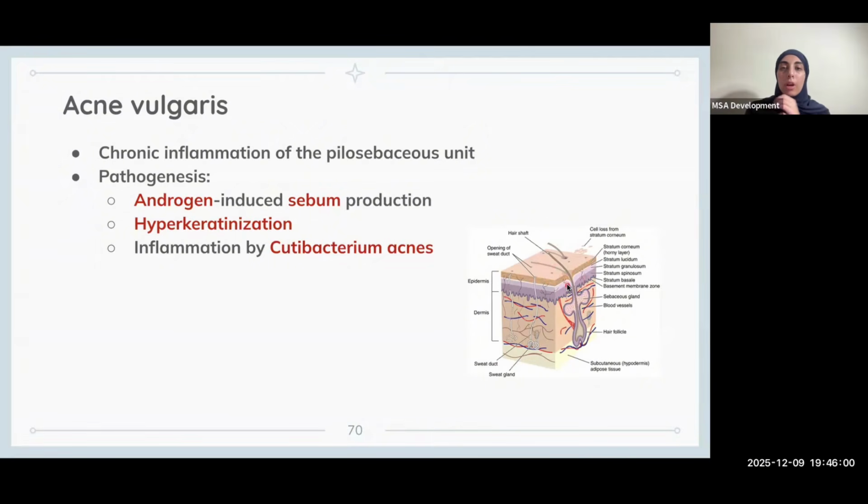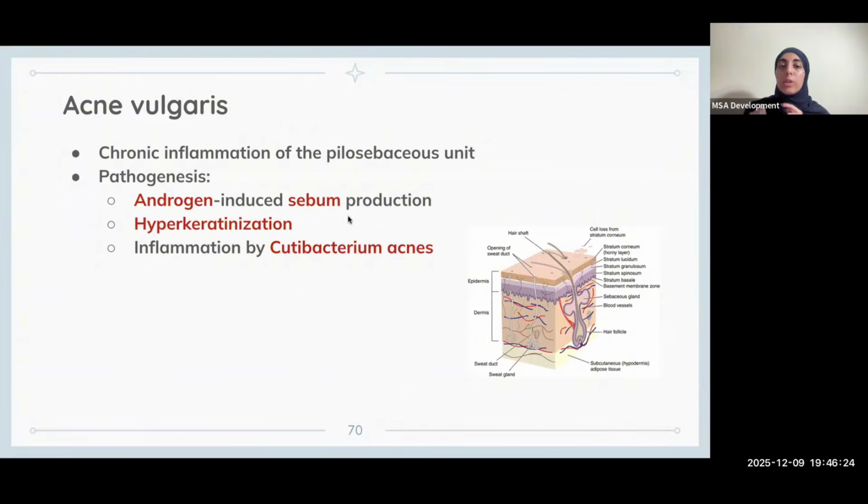Okay? So you have clogging of the pore by a lot of keratin, hyperkeratinization. And you also have a lot of sebum production, and the sebum production is mainly due to androgen, okay? And that's why acne vulgaris, you see it more in adolescents because there's a lot of androgen being released, and so the androgen is going to cause more sebum production, leading to